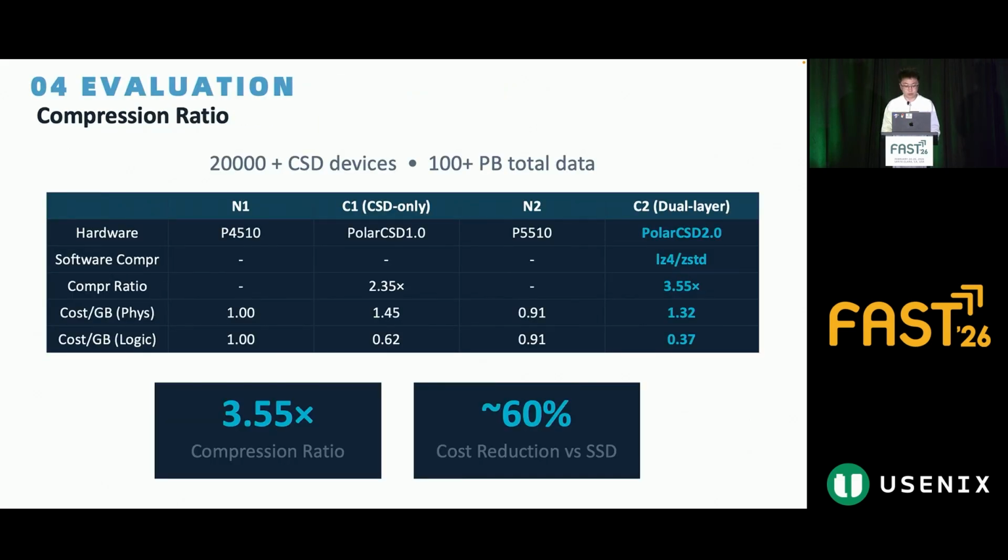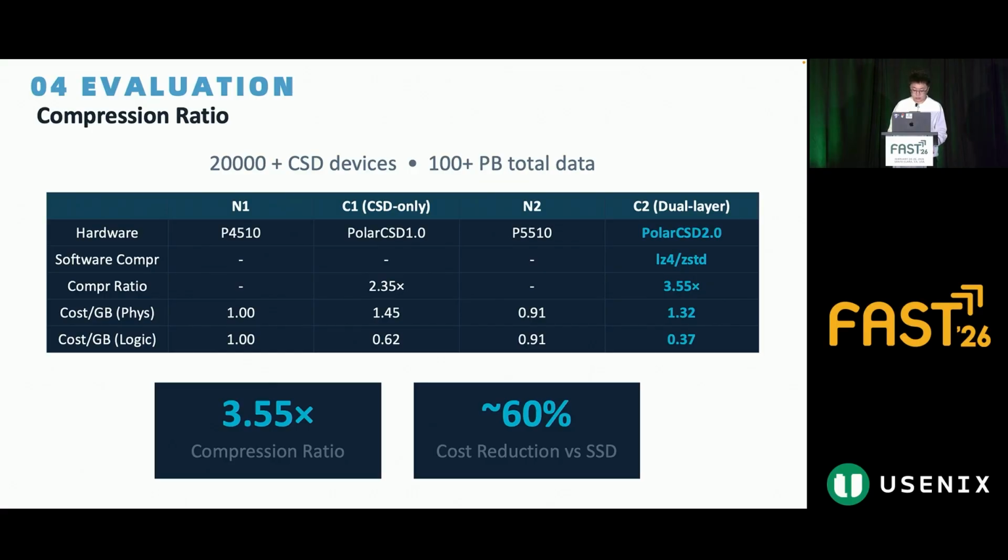Now let's look at the overall results in production. Our compressed storage has over 20,000 CSD devices, managing over 100 petabytes of data. In this paper, we use 4 clusters in PolarDB to show the benefits in both performance and compression ratio. Cluster C1 uses PolarCSD 1 with software compression disabled. Cluster C2 uses PolarCSD 2 with all techniques enabled. And we compare them with 2 normal clusters, N1 and N2, which use normal Intel SSD with the same hardware